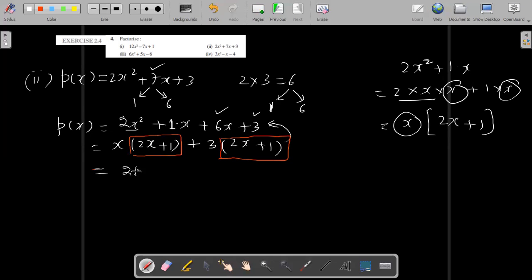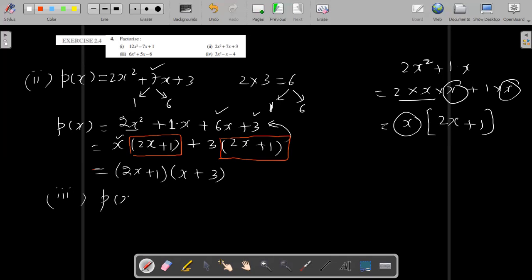So 2x plus 1 take out common. So just remove 2x plus 1. Okay. Remove 2x plus 1. What is left? x is left in the next bracket, and plus is left, and 3 is left. So x plus 3. So these are the factors. Okay. Similarly,